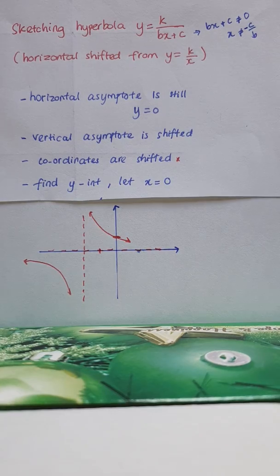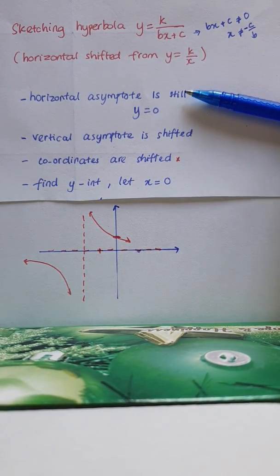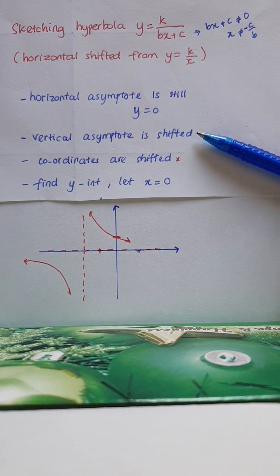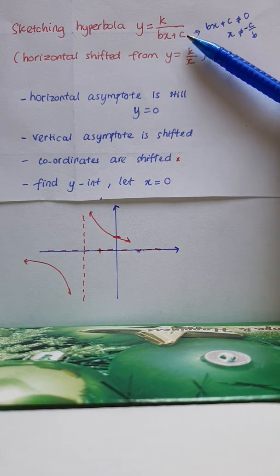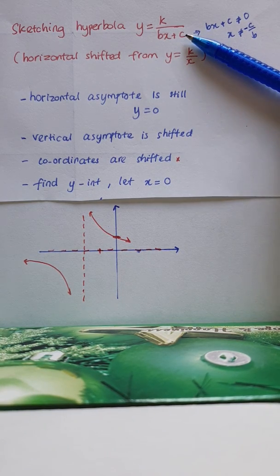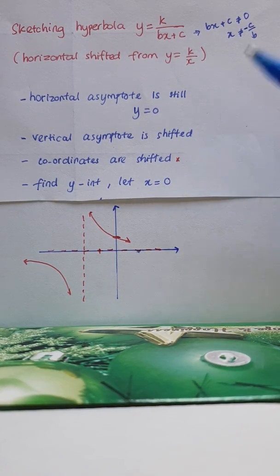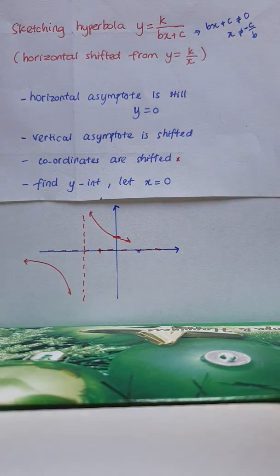Okay, so let's go to some examples. Remember those steps. Horizontal asymptote remains the same, vertical asymptote is shifted, and how do we find it? By solving this denominator becoming 0. And then we will find the y-intercept. Okay, so example,